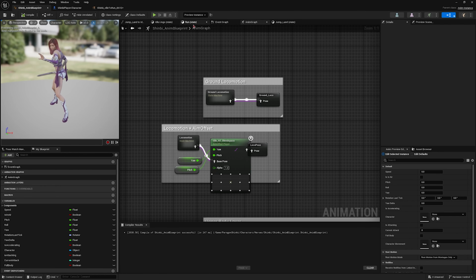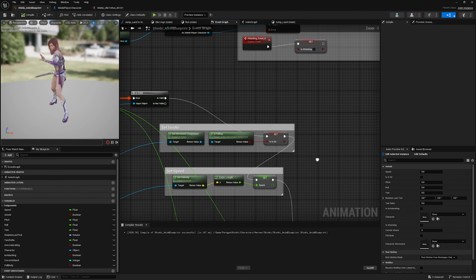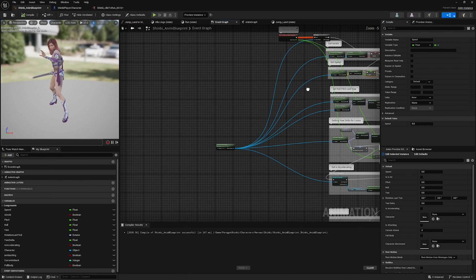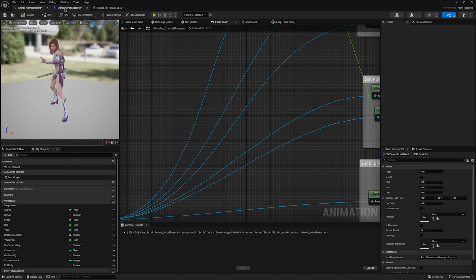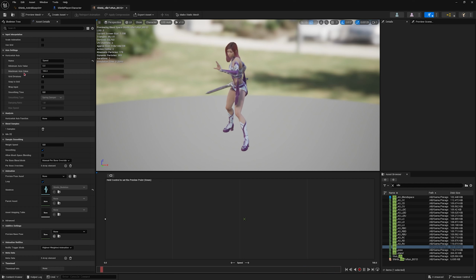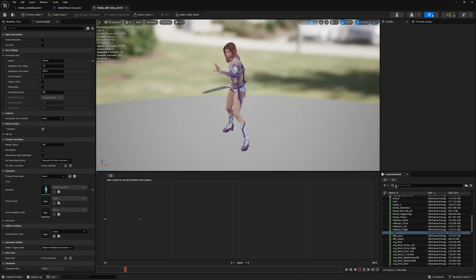if you go inside the event graph, you will find this is where the speed is getting calculated, and we are getting the speed from the character movement. Here the max walk speed is set to 400. So over here, the maximum axis value, the maximum speed for the animation, I will also set to 400. It would have been nice if we had a walk animation and a run animation,